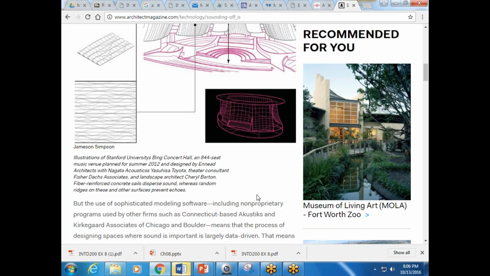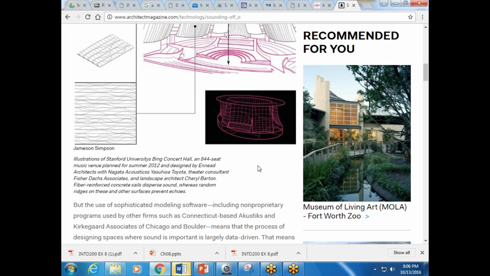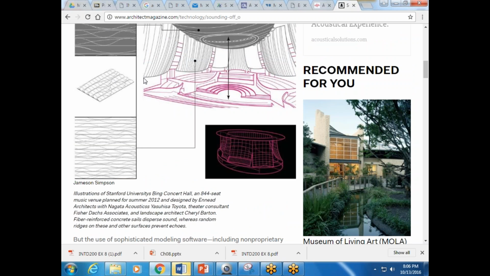High frequencies are going to move throughout the room well enough because of all of the hard surfaces, so the arms of the seating, the floor, the planes of the wall, the planes of the ceiling. But those low frequencies, they don't move fast enough, and they end up bouncing and then just stopping if they don't have the right type of bounce. So that's where we have to do more planning.